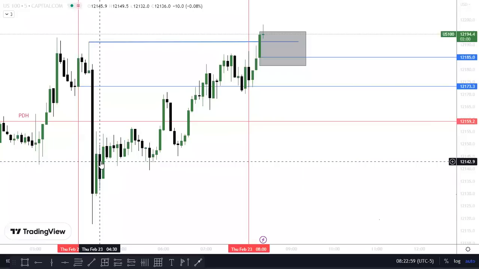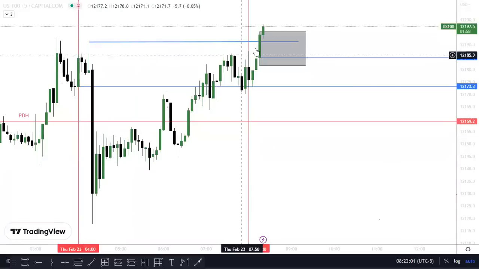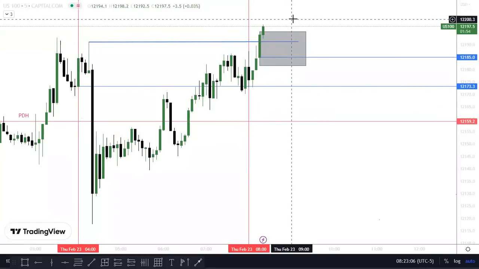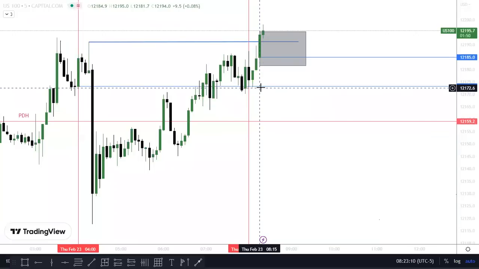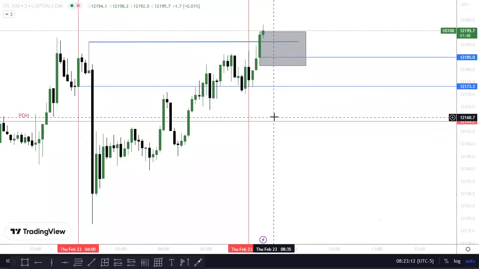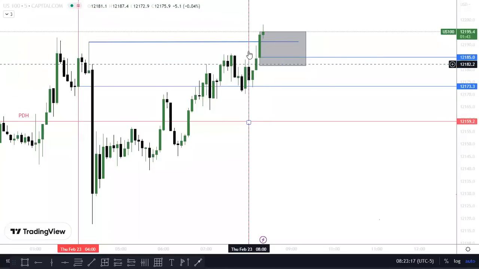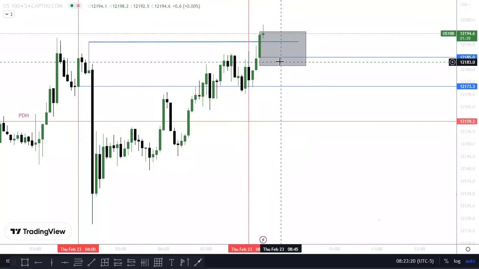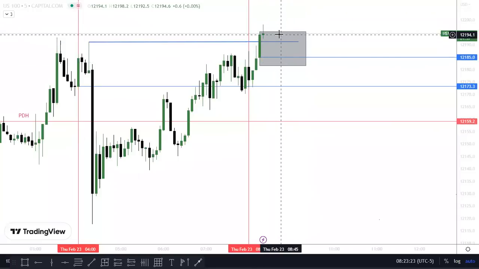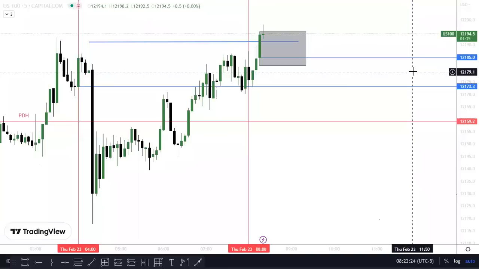Big down move. Rebalanced. Finding support at 4 a.m. Now we're pushing higher. That should be interesting. I've already shown willingness to close, so this could go higher. If that's the case, I will look for where the logical draw on liquidity is. I'd hate to see them push to 12.5 today after I've been waiting for it on Monday.